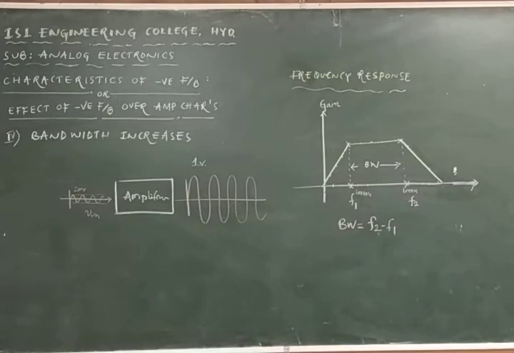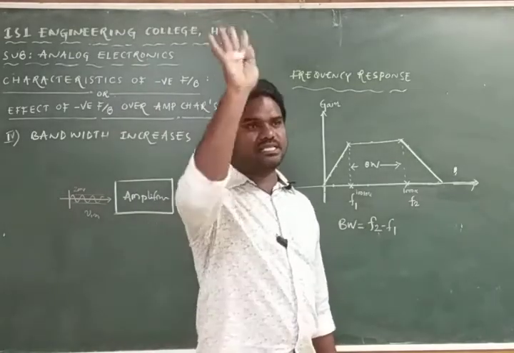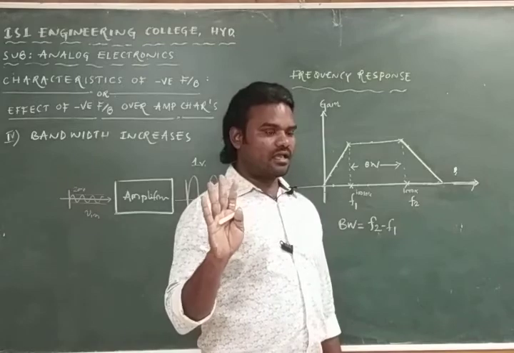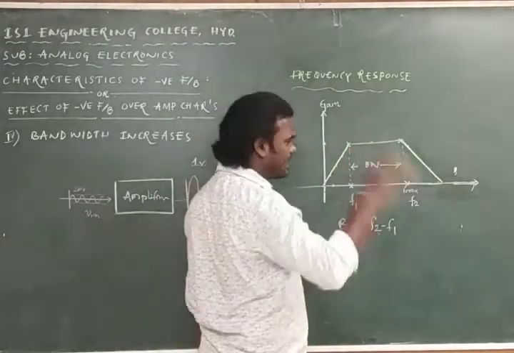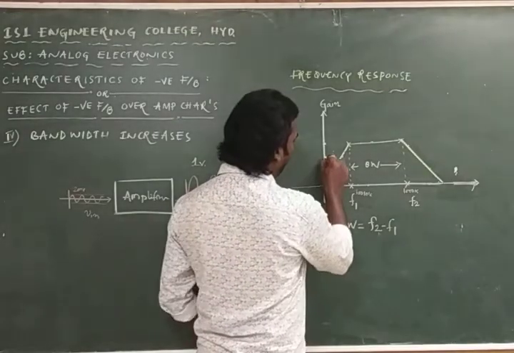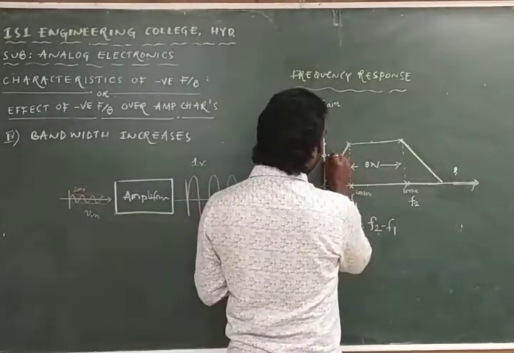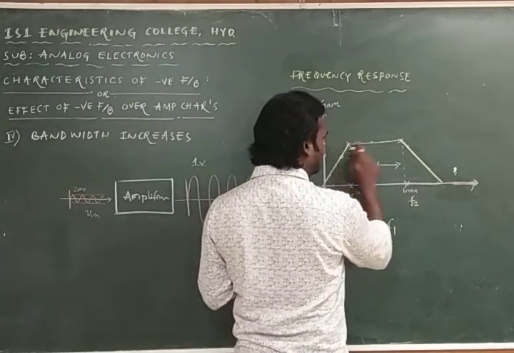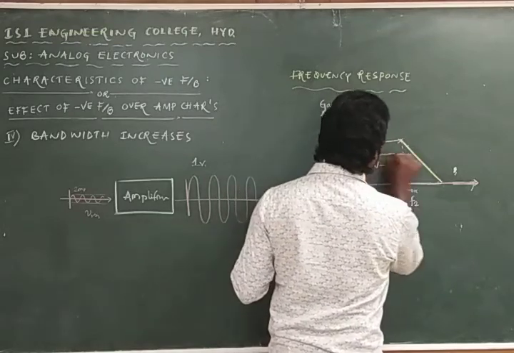Gain increases or decreases? I am talking about gain. By employing the negative feedback, gain increases or decreases? Decreases. Yes or no? Decreases. This is gain, right? Gain decreases means it can come here. So gain decreases means this is the point now. I may not get this amount of gain, so gain will decrease, and now the plot will be like this.